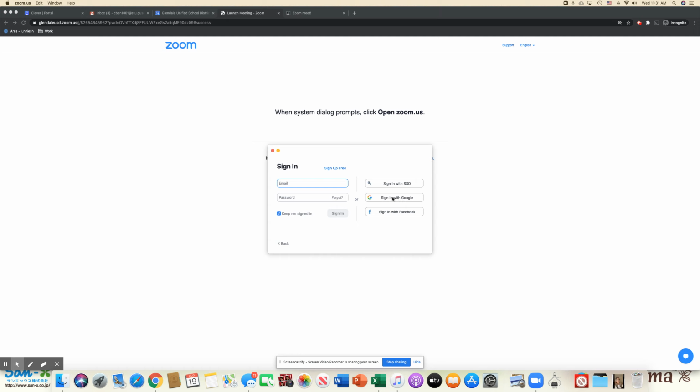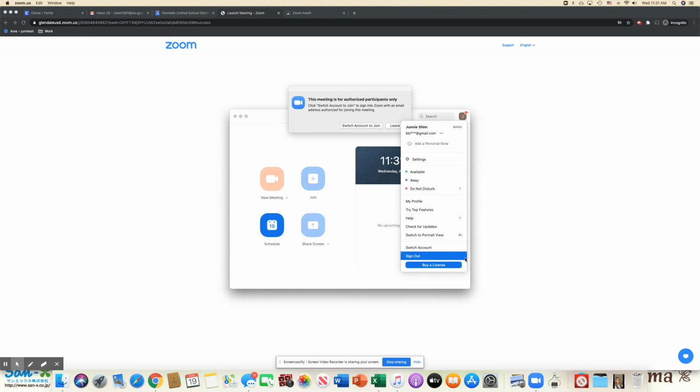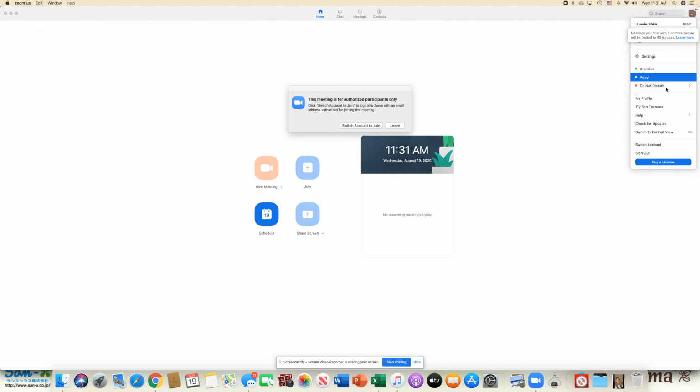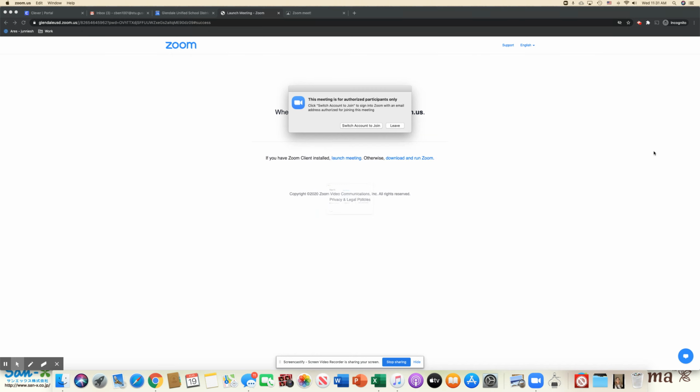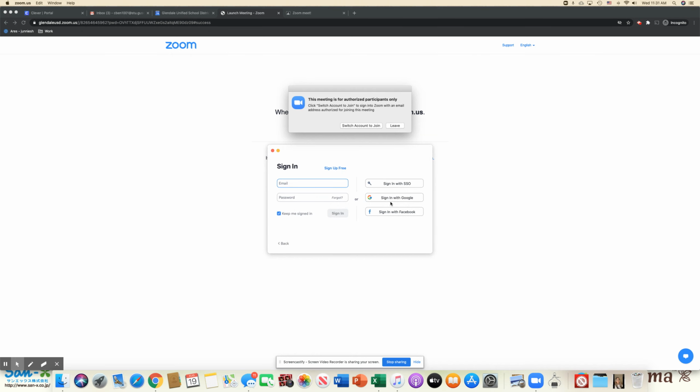And when you look at it, I purposely used the wrong account. This is my personal account. So this is what we're going to do. In the top right-hand corner, when you click on this little badge, you have an option to sign out. So I'm going to click sign out. And then we're going to try to sign back in with Google. So that means you should find your stu.gosd.net account, click on it,